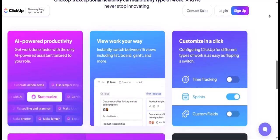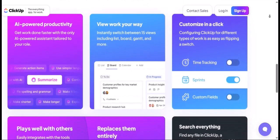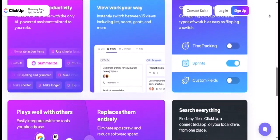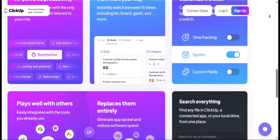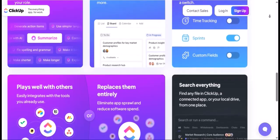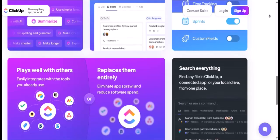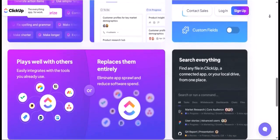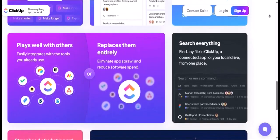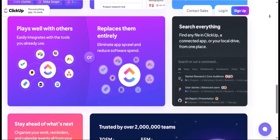If project managers are tracking costs in one system, task progress in another, and team availability in a third, reconciling this information for financial reporting becomes a nightmare. ClickUp's mission to centralize all work means that tasks, projects, documents, communication, and even time tracking can reside in one place. This centralization provides improved budget tracking. With tasks and projects organized, it's easier to link them to specific budget lines and track actual expenditure against planned